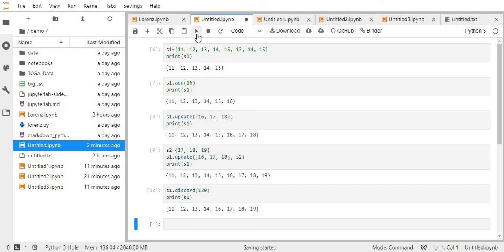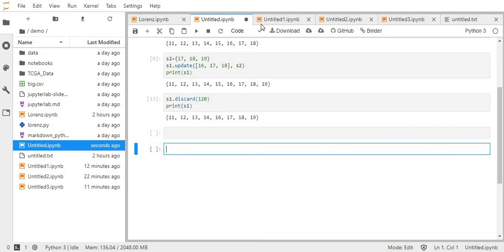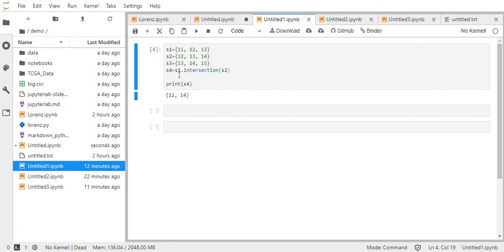Now let's look at some more useful methods like intersection, difference and union. For this, let's create some more sets like I already have created, like these. They have some overlapping values, they have some unique values. So let's say that we want to get a set of values that are in all of these sets. For this, we use the intersection method.